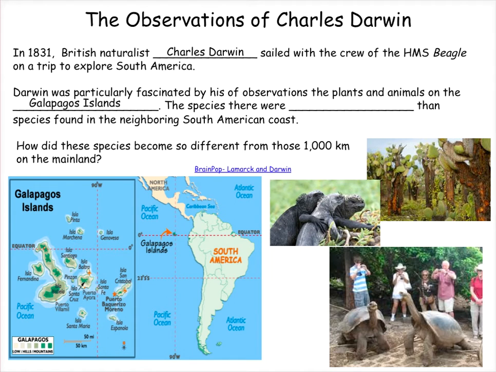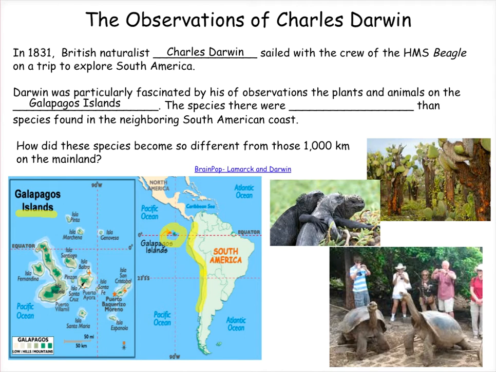As many of you know, the Galapagos Islands are an island chain that are found off the west coast of South America. If you're looking at your map here, you can locate the west coast of South America. I'm highlighting it here. And then if you go to the west of that, right inside this circle there is an island chain called the Galapagos Islands. You can see them in detail here in the inset. There are 13 of them in all. And Darwin was able to visit each one and observe the species that inhabited these islands.